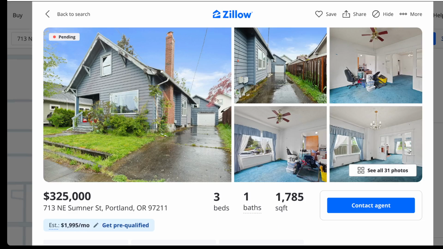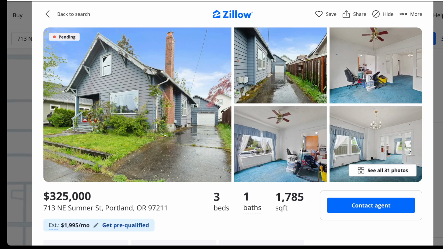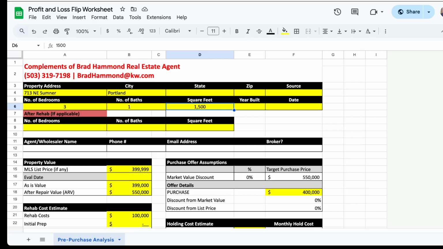So let's do the address. It's 713 Northeast Sumner. That's in Portland. It's a 3 bedroom, 1 bath. Square foot is, we'll call that 1,800 square feet because I like round numbers. Purchase price, let's just assume it's going to go for 325,000. And as is value, again,